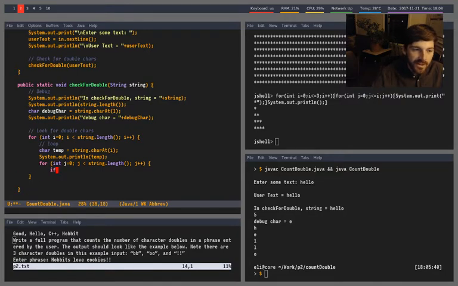I don't really need to do that. So I could just do if string.charAt(i) equals